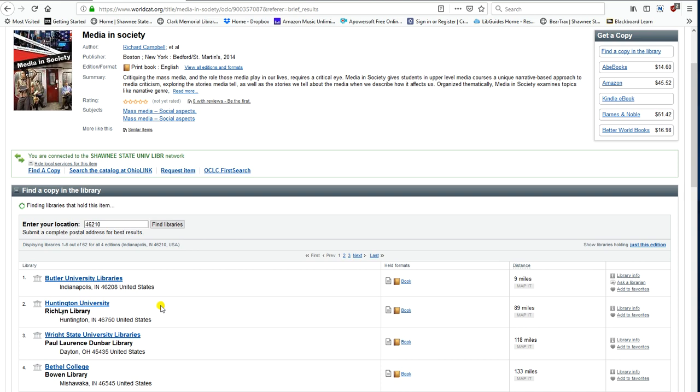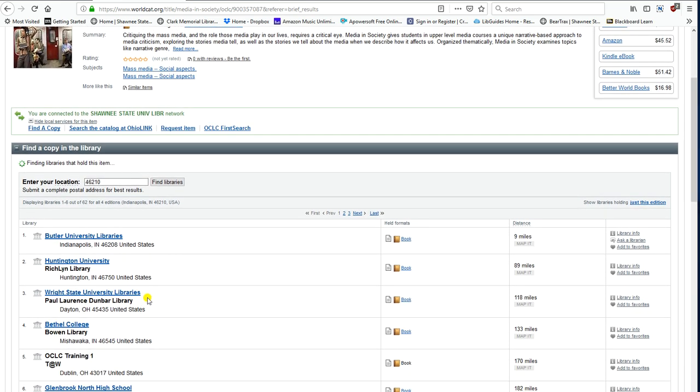Below this, you'll see which libraries near me have this book. It looks like Butler University has this book as a part of their collection. That happens to be a college library. You can contact them to see if you can borrow books from their library as a guest. Also, you should be able to use the book while in that library, even if you can't borrow it. Sometimes you'll see your local public library has a copy, which can be utilized if you obtain a library card